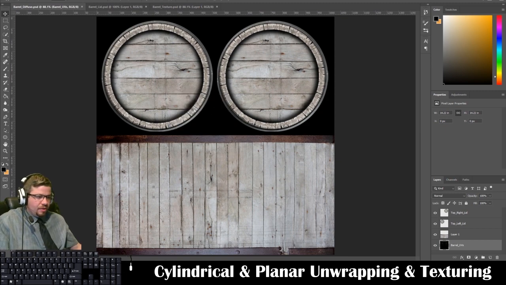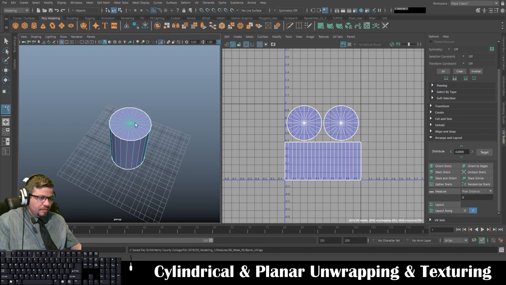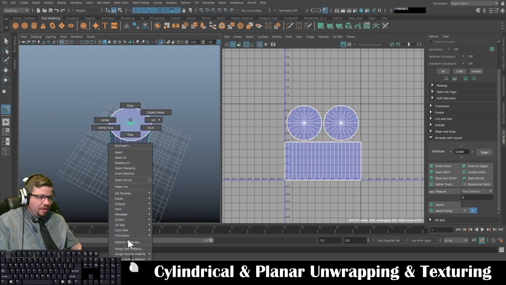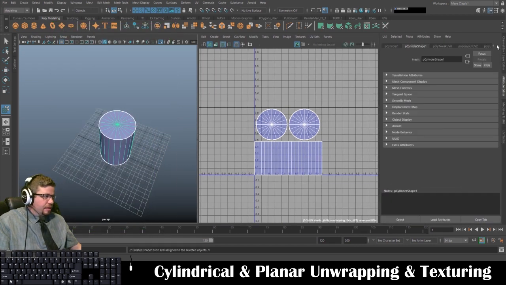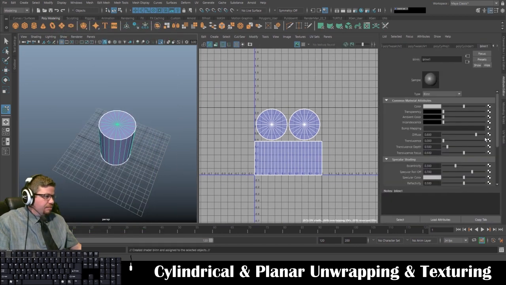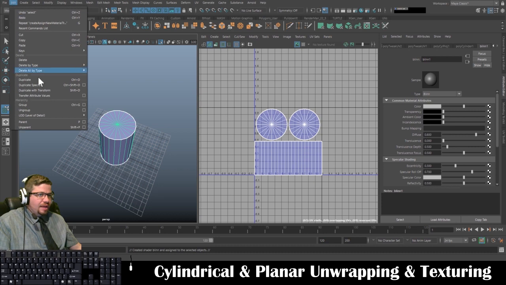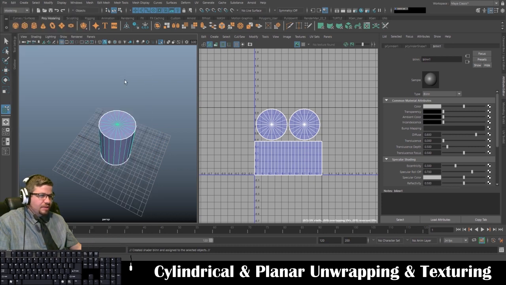And now I'm going to go back into Maya, and I'm going to assign a new material. I'm going to go ahead and click on Blend, and then I'm going to go down here to Blend. And you'll notice that I have so much stuff in here now, but if I go ahead and just do an edit, delete all by type history, and when I come back in here, it's all gone, all that information. So now I'm going to go ahead and click on the color map here,